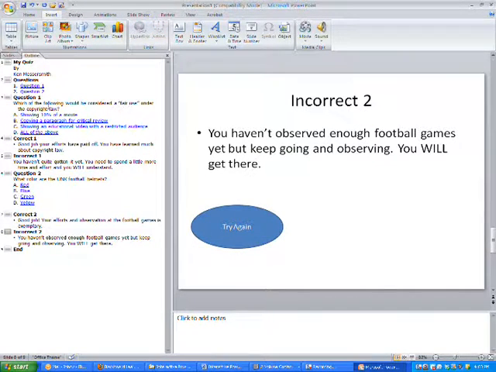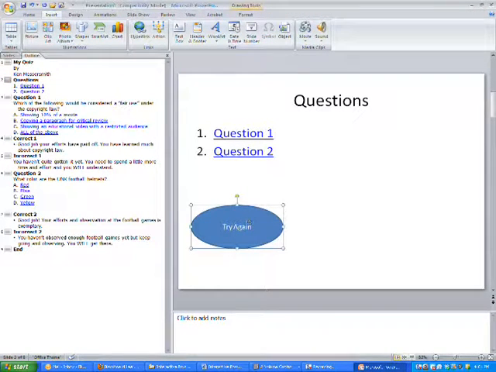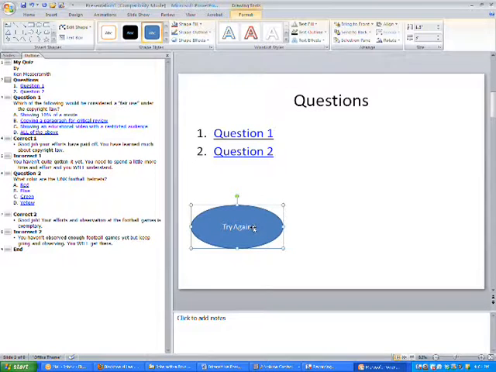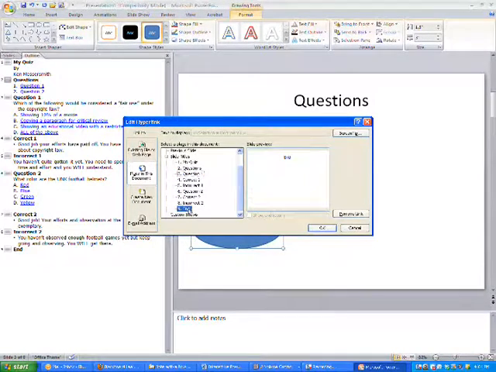And the only thing we're missing here is up here on our question page, we want a button that says I'm done. And we'll click on that one and edit the hyperlink and have it go to the end. So when they get